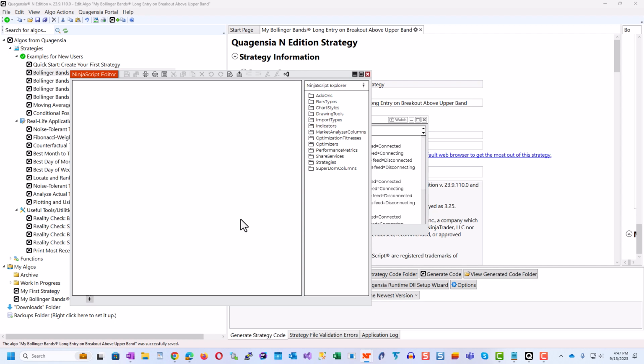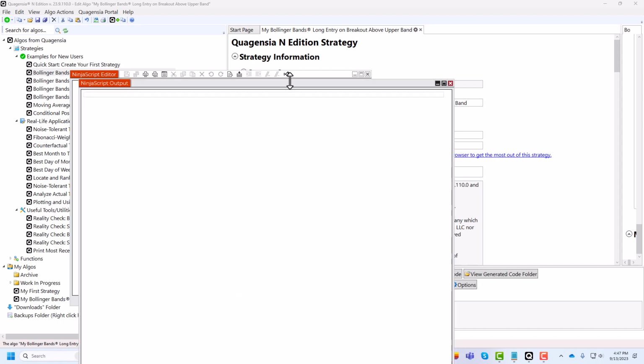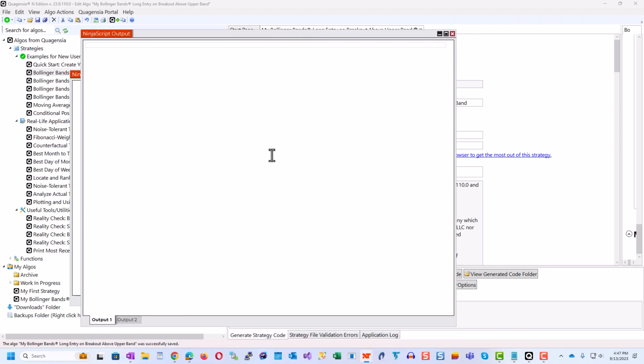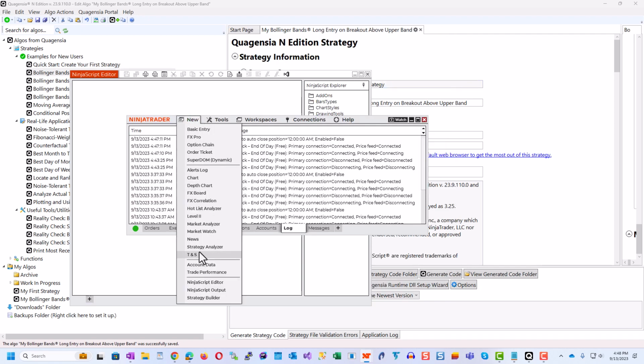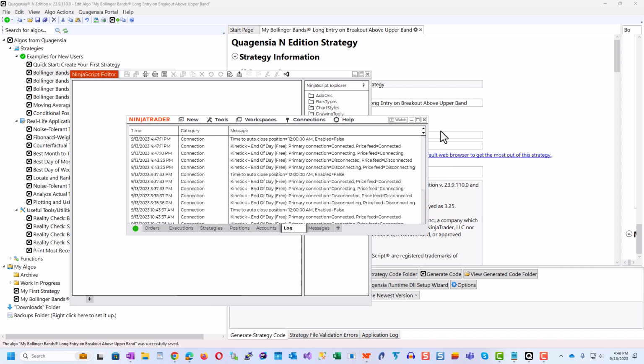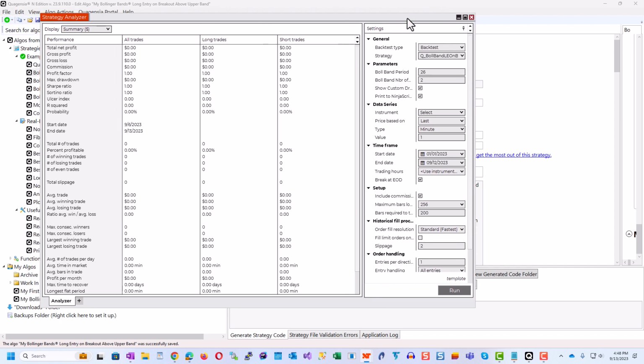So let's go ahead and also open the NinjaScript output window, which is where our print to NinjaScript output window statements will print their information. And let's also open the strategy analyzer, which is the NinjaTrader backtester. So we're ready to go.